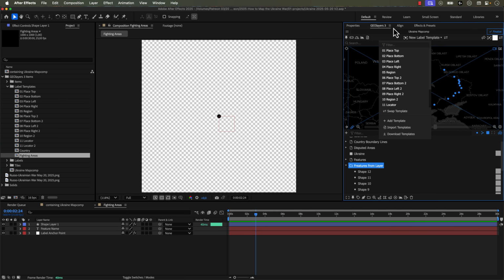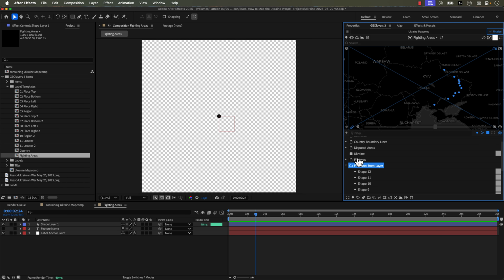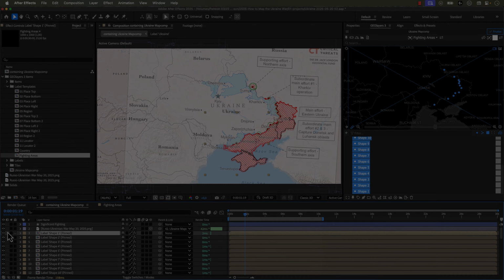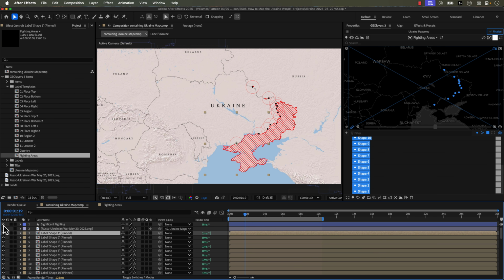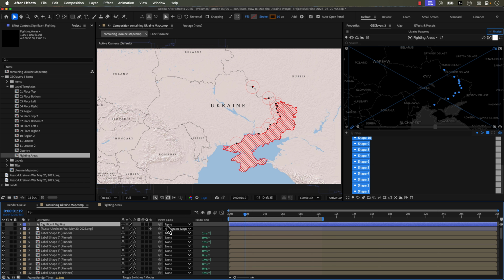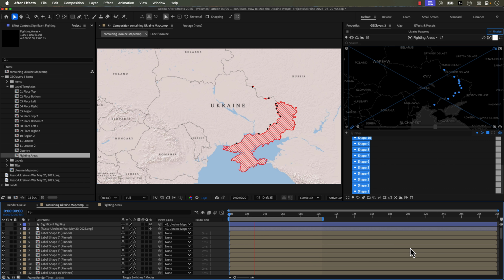Now I'll go back to my GeoLayers panel and select the Fighting Areas template, and I'll grab all of these new shapes, and now I will label these features. Now I'll turn off our georeferenced image and our original little shape layer where we georeferenced these points. And actually you should probably connect that to the map comp anchor just for reference later if you want to use it later. And there we go. Now I have my map animation that is visualizing the Russian occupied territory as well as the most intense fighting areas within the last